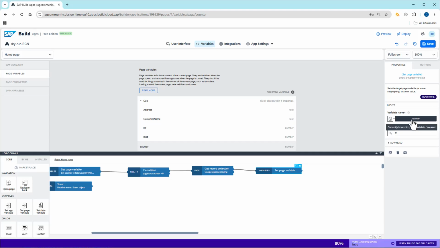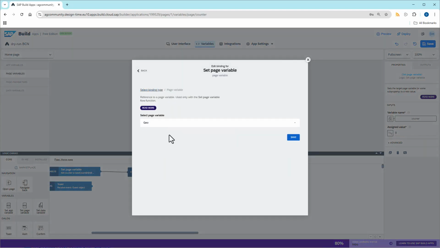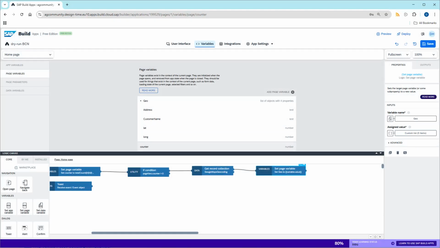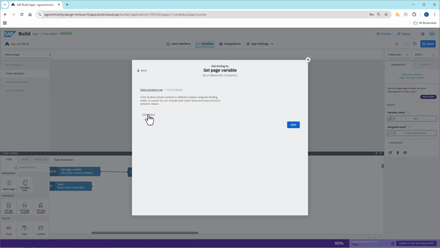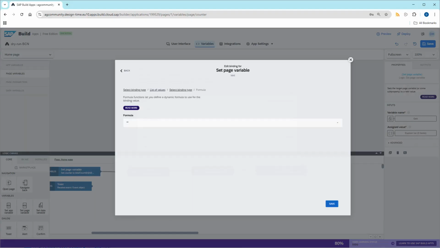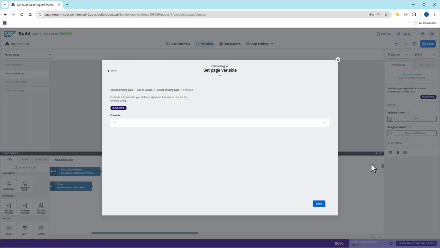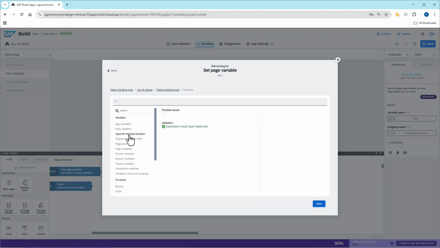And in here, we will need to change the variable name from counter to geo. And now we have here a custom list, right? So let's click here and click on add value. And now you can see our structure, the list of objects, and you can see our 4 properties, right? What we can now easily do is start from top to bottom, so the address, go to formula, and then in the formula editor,